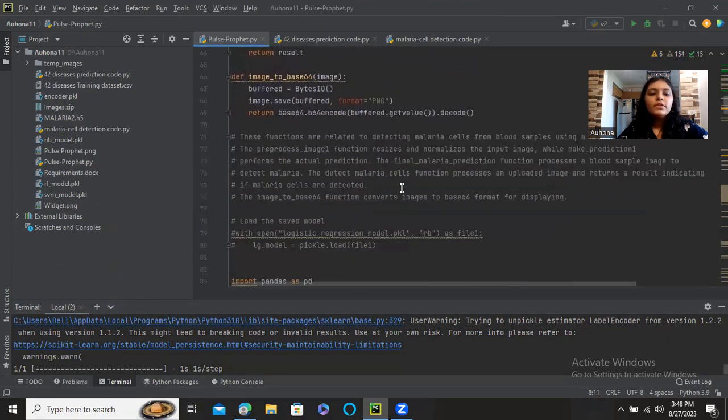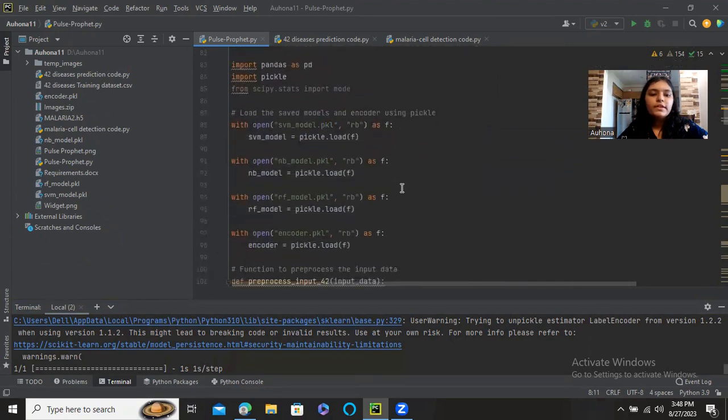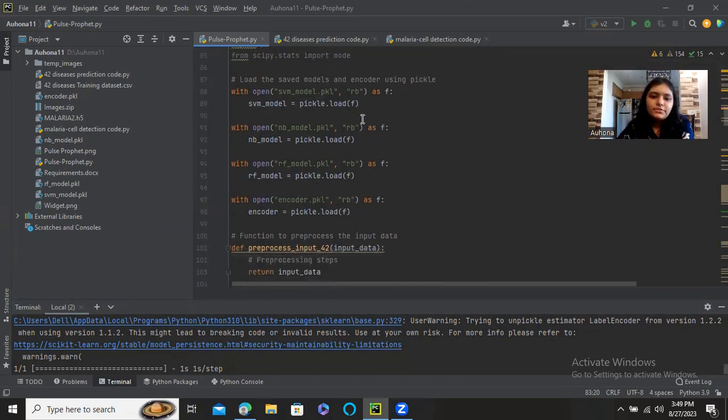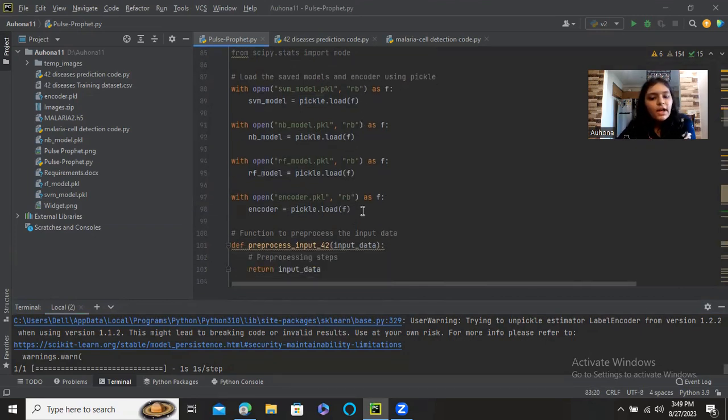So now that we go down, we will see more. Here we can see that I have used the pickle format, .pkl, which is why I have imported pickle, and I imported pandas so that I can do normal EDA on my file. But I've not done EDA here; that's what I usually use pandas for, opening the file, reading it, etc. Now you can see here I have opened the files. I have also label encoded this file, and